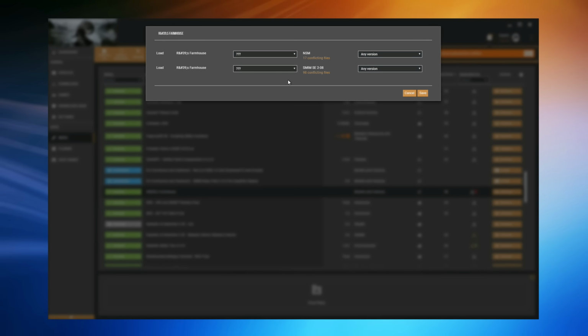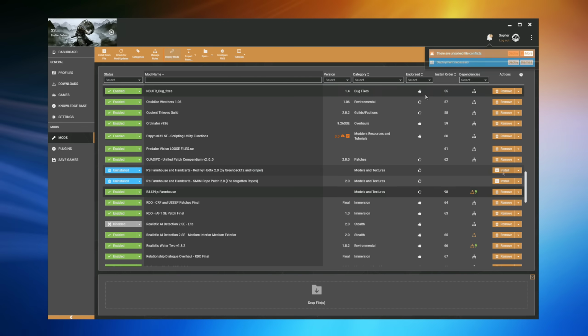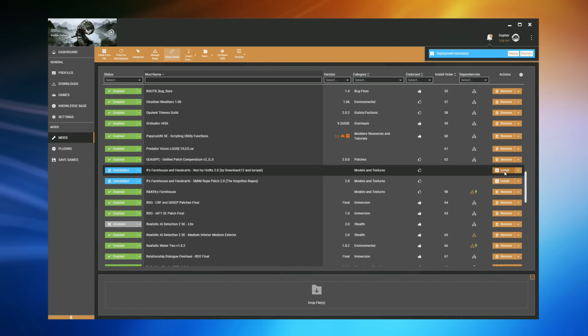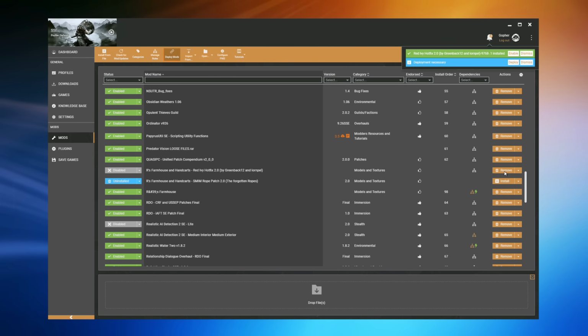Now, as before, I'm using both SMIM and NSM as a base, but I want to install this mod on top of them, so I need to load after both SMIM and NSM. Hit save. I definitely want to install the hotfix, otherwise I would get a missing texture, so I'm just going